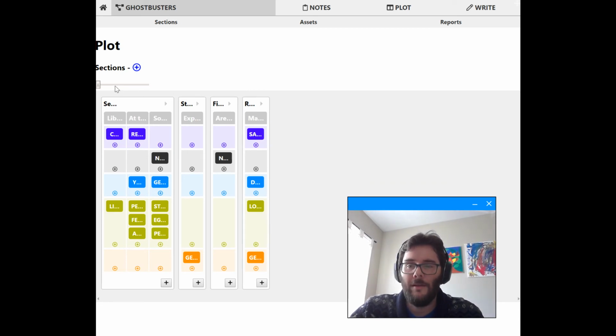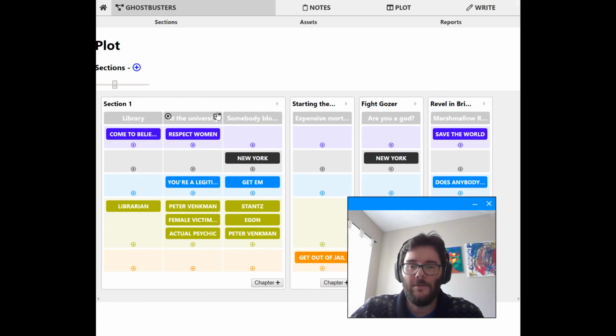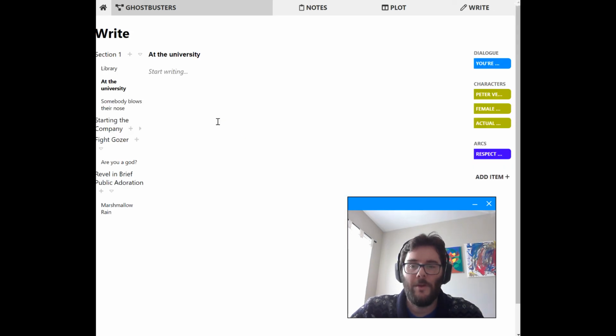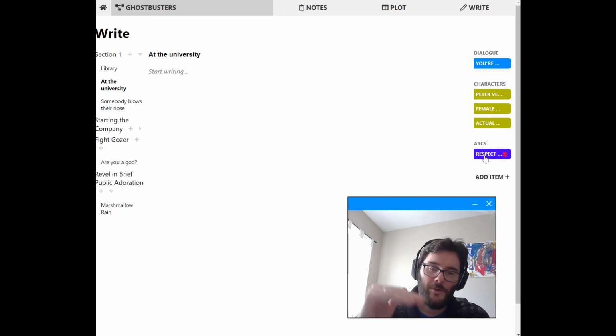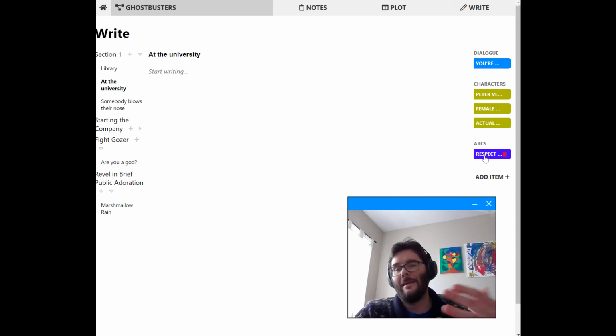And then when you're ready to start writing, you can just go in and say to at the university. That link should work. There we go. And you're in this chapter, and alongside here you have the dialogue that's been added, you have all the characters, and you have the arcs. So you put all that semantic information in, so you'll be able to reference that as you're writing, and at a certain point the dialogue you'll be able to,